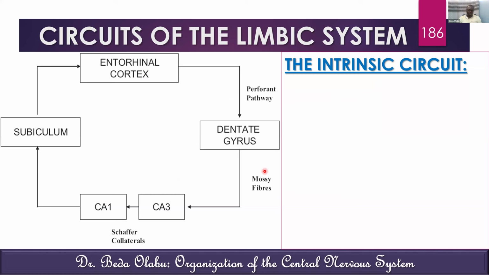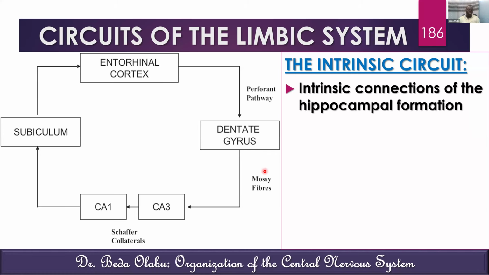So there are 3 major circuits I'll talk about. That does not mean that there are only 3. There are many, but I'll pick 3 which are commonly talked about. There's what we call the intrinsic circuit within the hippocampal formation. So this is a circuit that is intrinsic to the hippocampal formation. It's a circuit that revolves around 4 structures: entorhinal cortex,